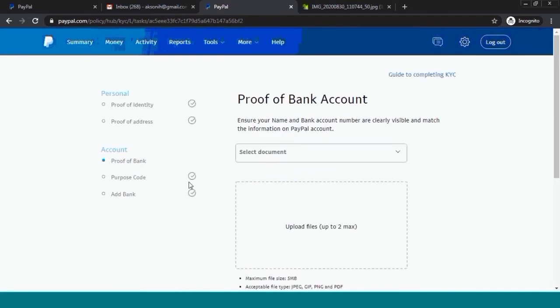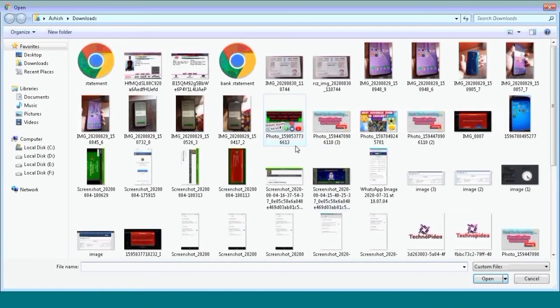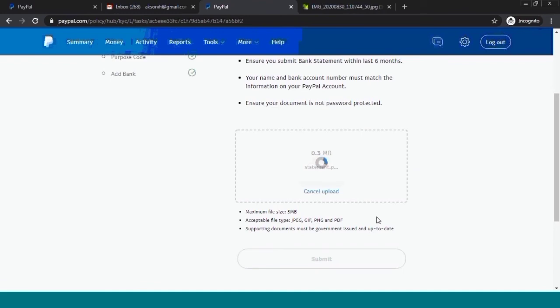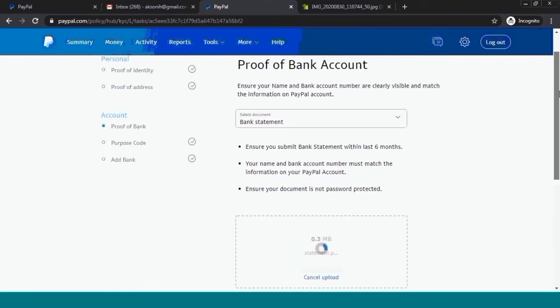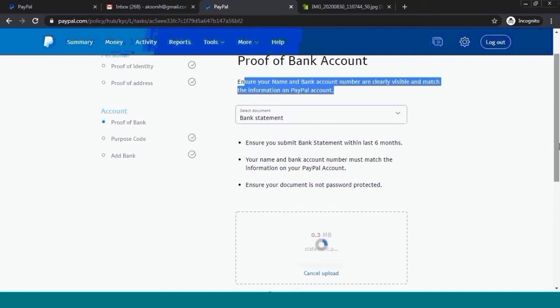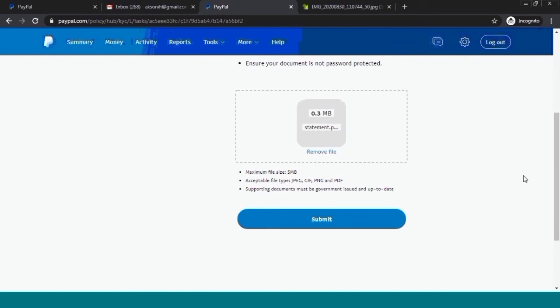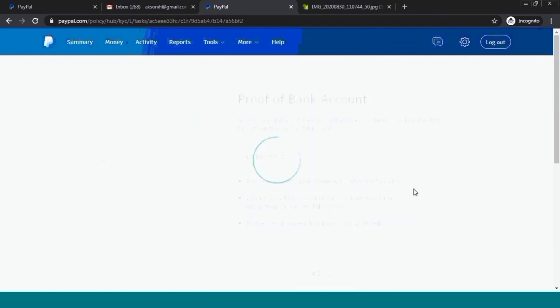Now I have to upload my bank statement, bank document. You can select bank letter, passbook or cancelled check. I am selecting bank statement and uploading my statement. So my document is uploading. I uploaded a PDF of the bank statement and click on the submit button.